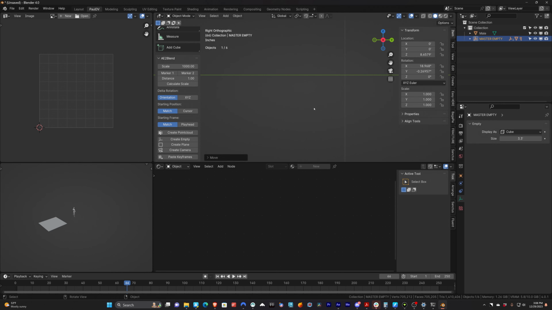Now we can't see it, so we'll have to rely on the empty that the plane is parented to. So right there, we'll zoom in all the way so we can get this accurate and make sure our master empty is selected, hit GZ and just bring it up and align it to the Y. Just keep on zooming in so we can get as accurate as possible. And right there. Okay,